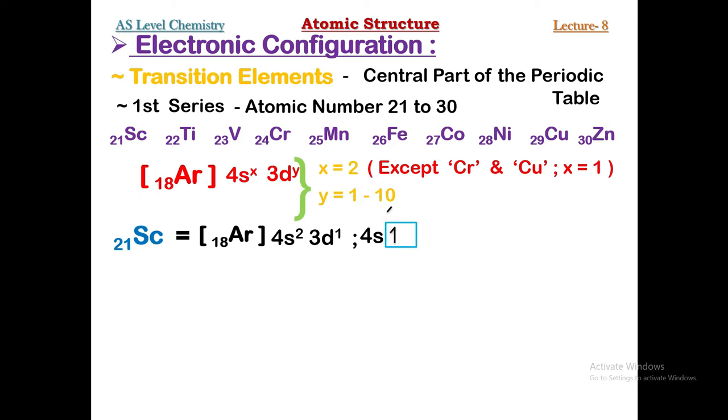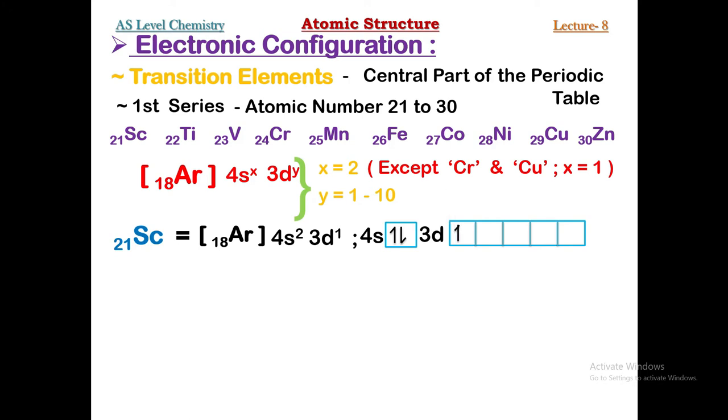Now this is 4s. Followed by 4s, in the D subshell there can be 10 electrons. So it means the D subshell can have 5 orbitals. So you must always draw 5 boxes in front of 3d. Right now we have just 1 electron. We can place that 1 electron in any box. So this is the electron boxes configuration of scandium.